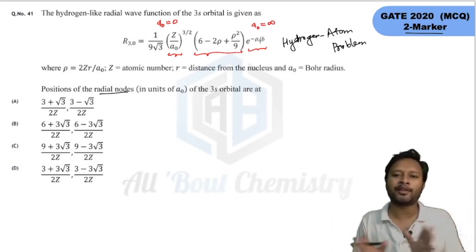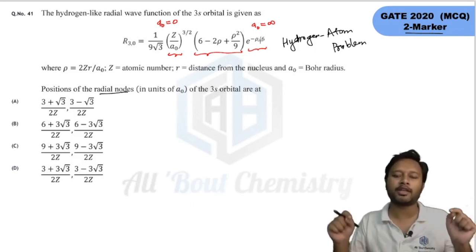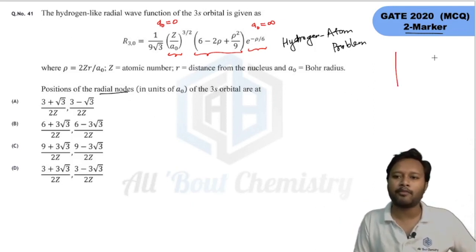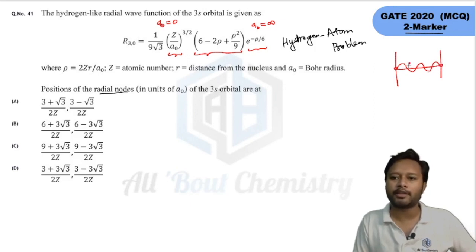So we don't consider the boundary conditions, because a wave function is actually 0 at the boundary. For example, if you remember the particle in a box problem, if you draw a particular wave function, it will be something like this. We don't consider these 2 points as nodes. We consider this as the first node, this as the second, this as the third, and this as the fourth. So we will say 4 nodes are there in this wave function. We don't consider these boundary conditions.